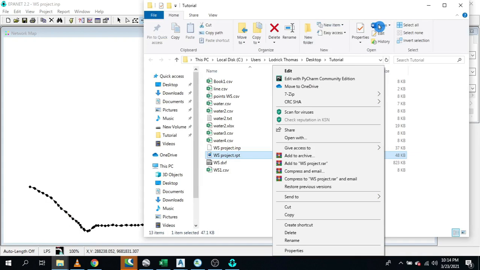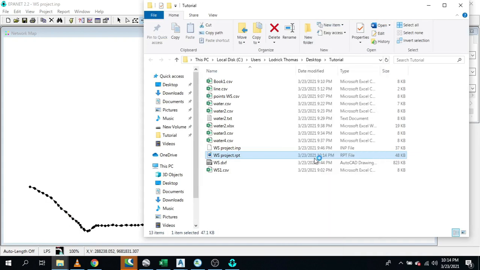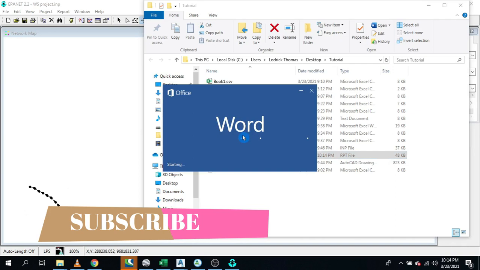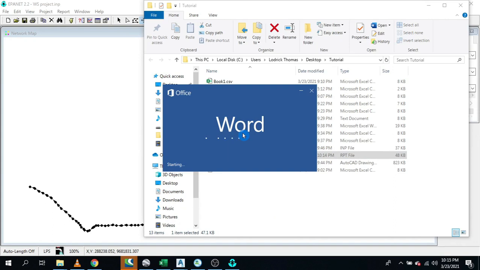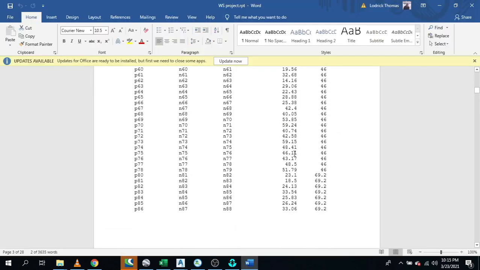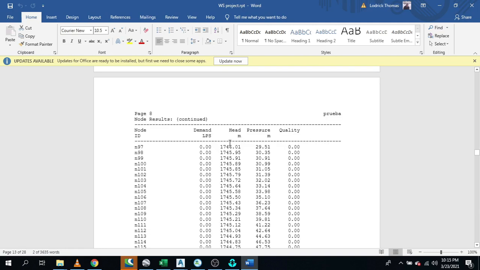Microsoft Word. So let's see what we have here. So this is your full report. As you can see here, EPANET version 2.2, and these are the nodes. It's like 28 pages. You can see here diameter, length, every property you can get it from here. So that is the diameter. Again, if you go back, you go down here, you can see pressure and everything, head,